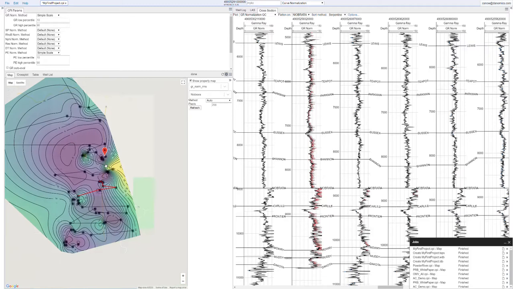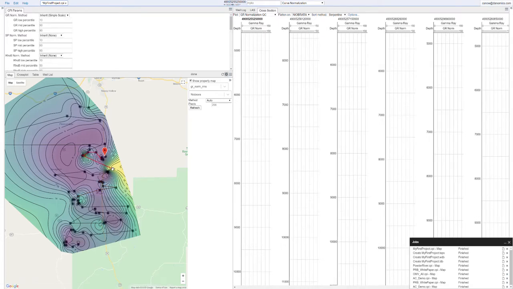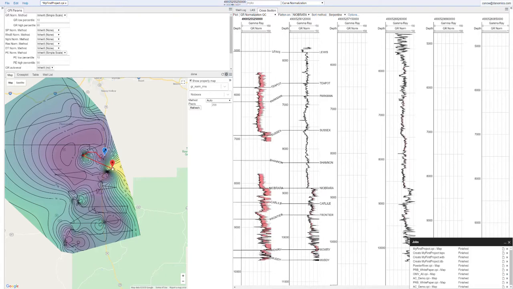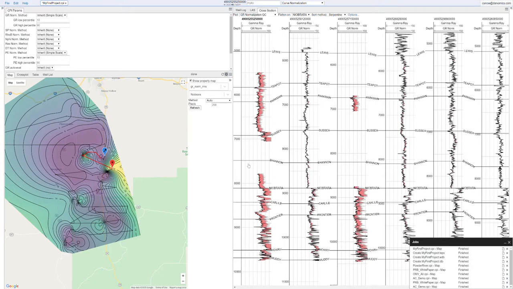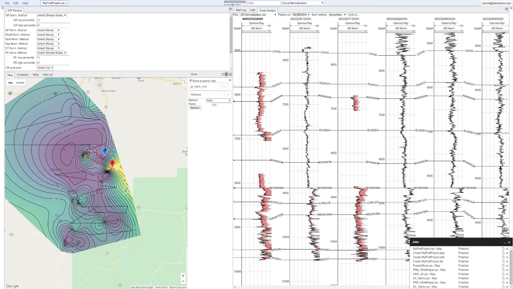And we can see that there are a couple of wells with a bit of a bigger shift, but in general, most of these wells have some very small shifts, and then some shifts of 10, 12 units here. Let's click on a well here. This well has clearly our largest shift. It's about 30 units of shift that we see there. So that's a pretty big normalization. Here we can see that we have another well where we have a pretty substantial amount of normalization going on. But aside from really those two wells,